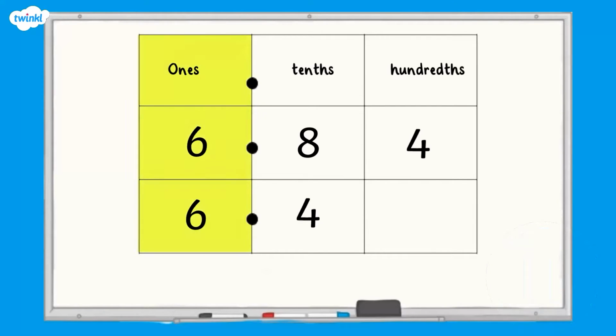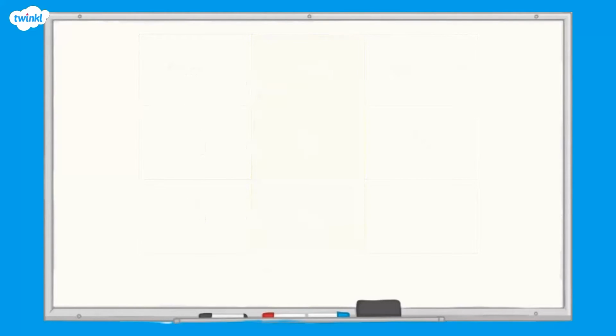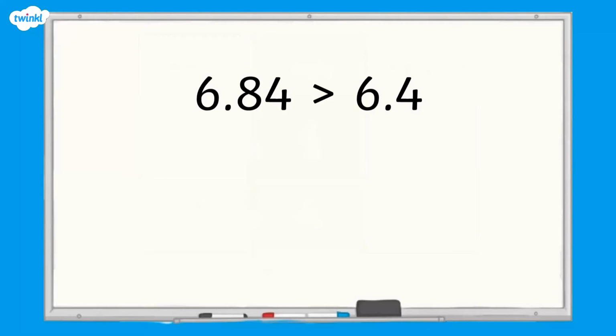If we compare the digits in the ones column, we can see that both numbers have 6 ones. So we need to compare the value of the digits in the tenths column. The top number has 8 tenths and the bottom number has 4 tenths. So the top number is the greater number. We could write this in a number statement as 6.84 is greater than 6.4 or 6.4 is less than